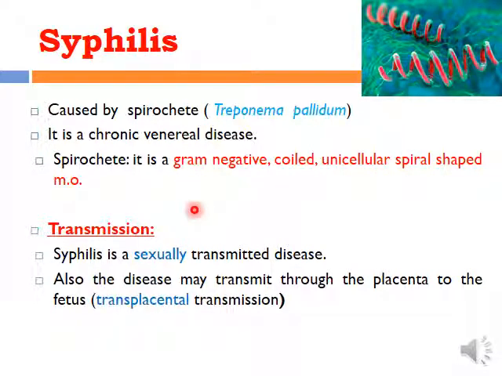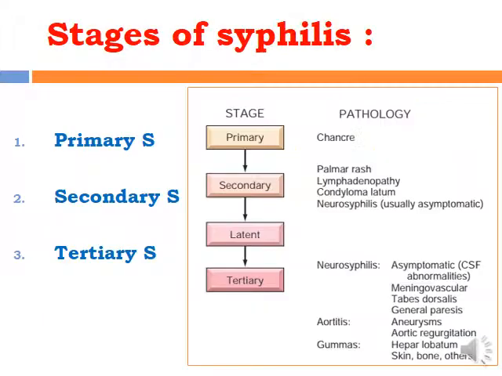Regarding transmission, syphilis is usually transmitted by sexual contact. However, another way of transmission is through pregnancy, when an infected mother transmits the disease to her fetus through transplacental spread and causes infection to the fetus. This causes congenital syphilis. Regarding the stages of syphilis,